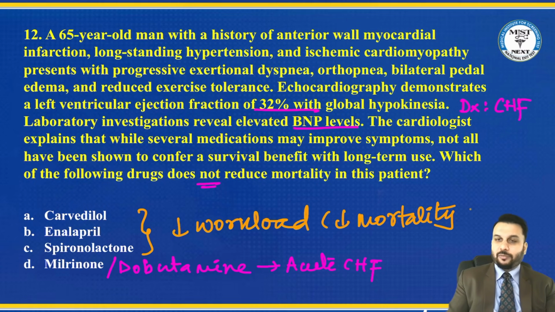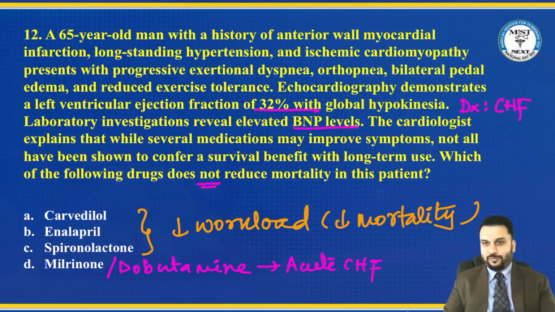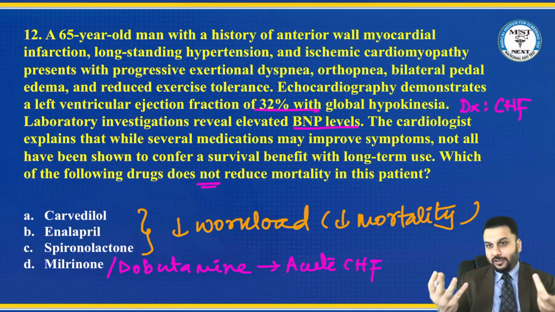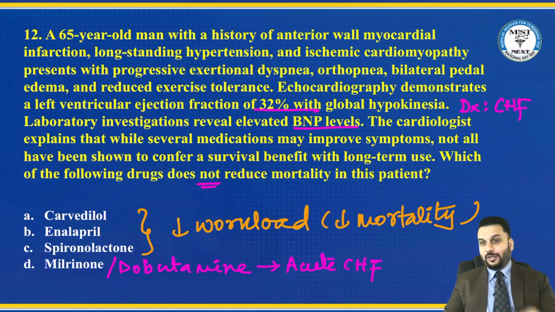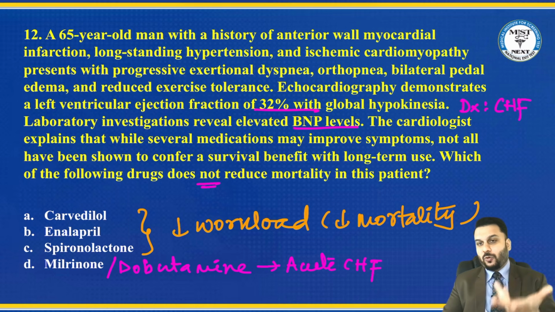Simple logic is, if something is failing, if you use it a little less, it can survive longer. A tire which has a puncture, if you are doing triple riding on that, one, you will get a challan from the police, another, the tire will burst, right? But if there is a puncture, meaning the failure has started, if you get off the bike, neither the police guy will catch you nor the tire will burst. So reducing the workload can make it survive longer, sir. So all the other drugs in this topic reduce preload and afterload. That's why they are reducing mortality, except for the drugs we use in acute heart failure temporarily, that is dobutamine or milrinone.